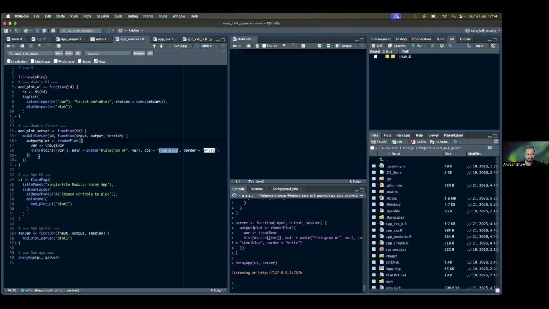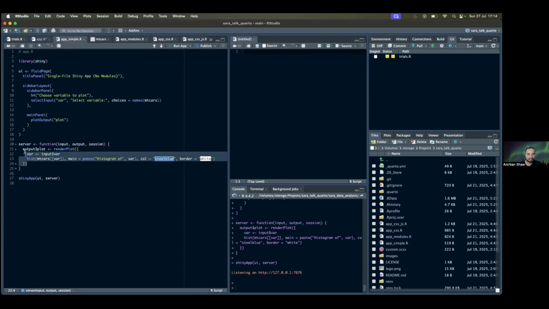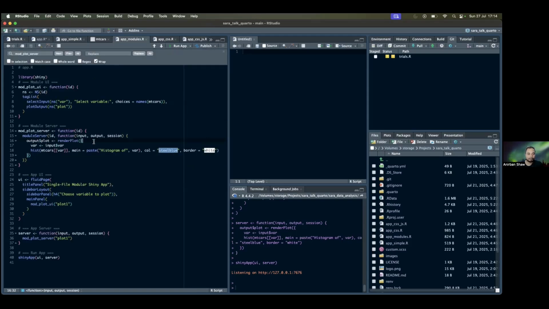What we need to understand is that the same thing we were doing in the simple app, the output plot, render plot, and histogram, I'm just doing the same thing here, but inside the server function or module, which is called, and then just calling that module. Now, I know it'll probably be too much and advanced, but again, this is important because without this, modules